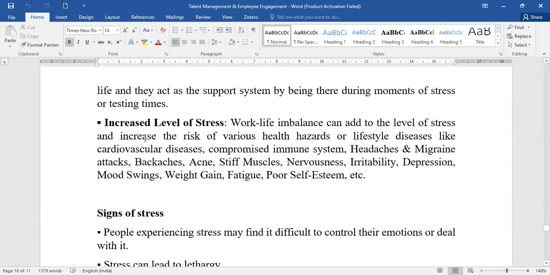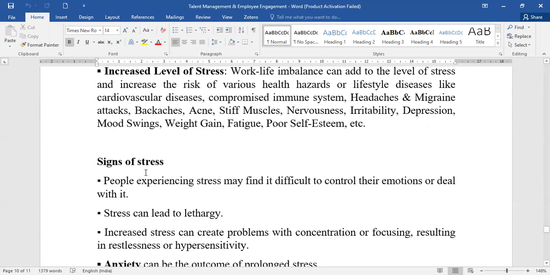Then yes, it is all going to have adverse effects in the form of levels of stress. The signs of the stress can be in any form. The person has body ache, headaches, migraines, depression, mood swings, gaining of weight. So this can definitely have an imbalance in healthy lifestyles also. There will be no healthy lifestyle.